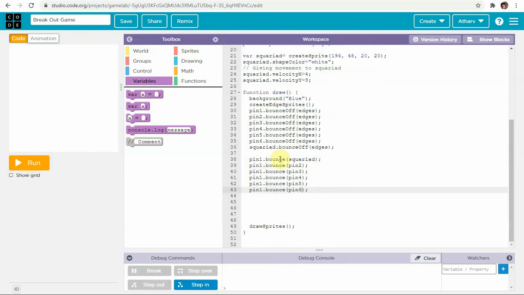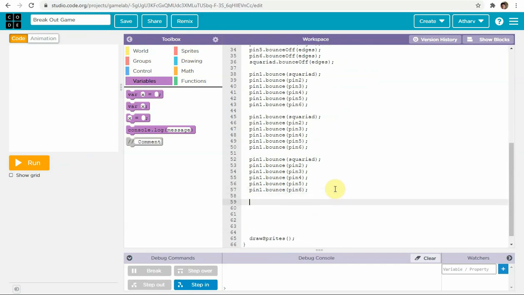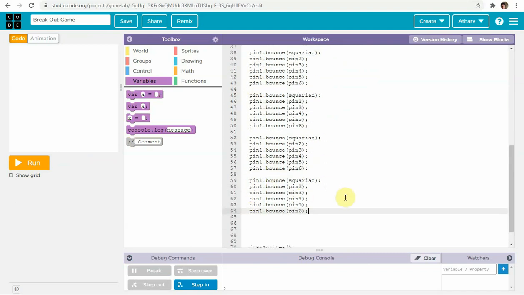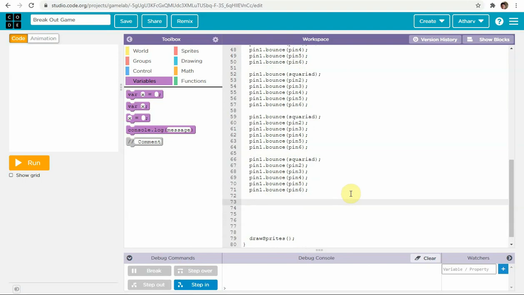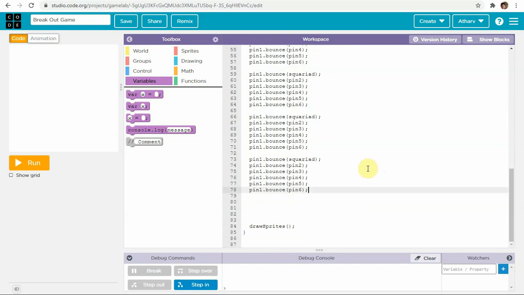Now the same code will be put for every pin. Control C, Control V, pin 1, 2, 3, 4, pin 5, pin 6. Now after completing this, our code will be finished.